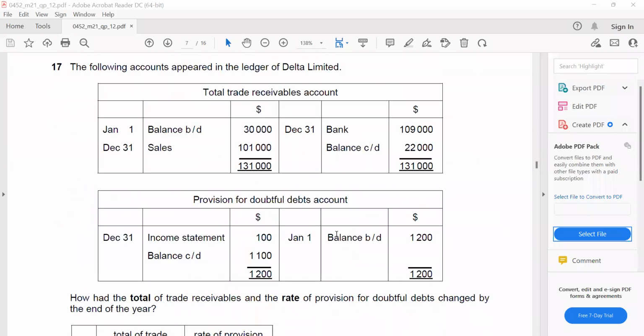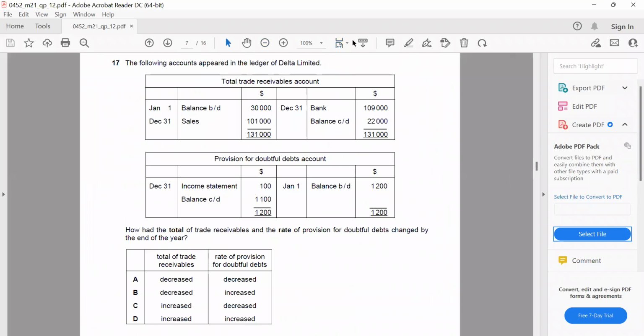Okay, next, move on, 17. Let me change to smaller. The following accounts appear in the ledger of Delta Limited. Total trade receivable: balance brought down, sales, bank, and balance carried down. Provision for doubtful debt: balance brought down, balance carried down, income statement. How have the total of trade receivable and the rate of the provision for doubtful debt changed by the end? So first of all, the total trade receivable at the beginning of the year is 30,000, at the end of the year